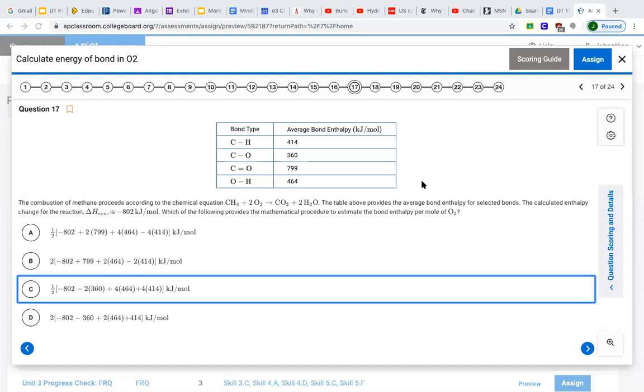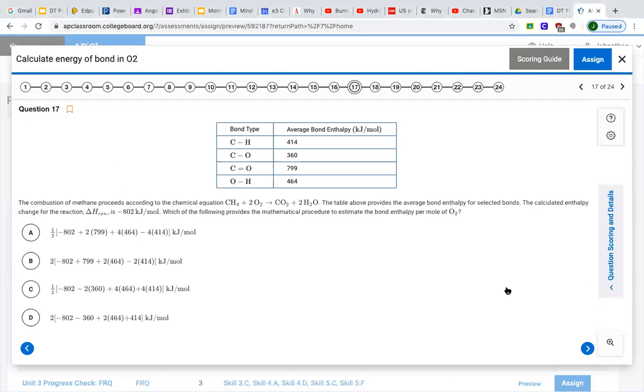Nice. Okay, so here's how this works. You start out with, where's the thing? Okay, all right, so you've got, why am I on C? I don't understand that. Okay. So you've got this reaction going on here, right? And normally the way that you do this is you do